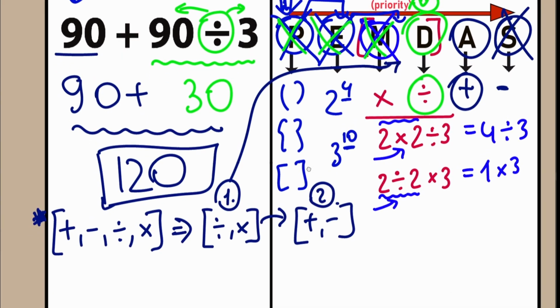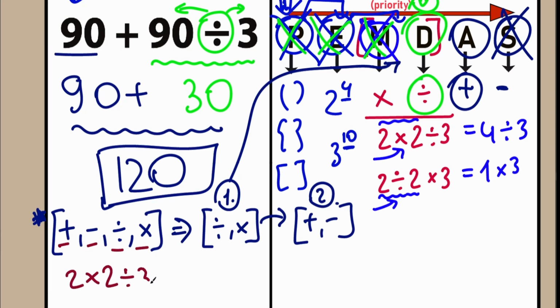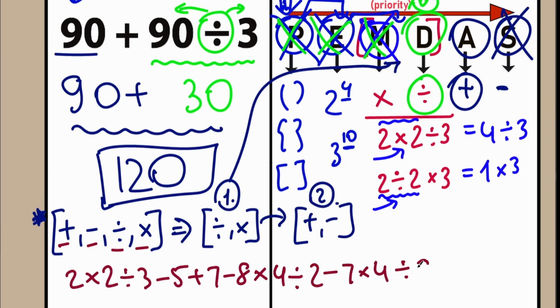For example, imagine you have an expression, a long and complicated expression with a mixture of addition, subtraction, division, and multiplication. So for example, 2 times 2 divided by 3 minus 5 plus 7 minus 8 times 4 divided by 2 minus 7 times 4 divided by 8 and divided by 9 minus 4 times 3. So we have a mixture of, as I said before, multiplication, division, addition, subtraction, and in 99% of cases, the first thing is to evaluate the expression with division and multiplication, and after that, we need to evaluate addition and